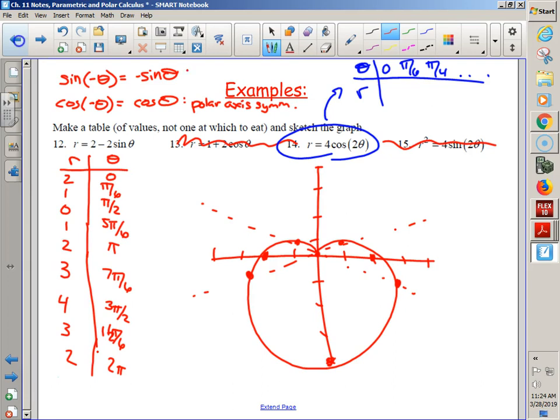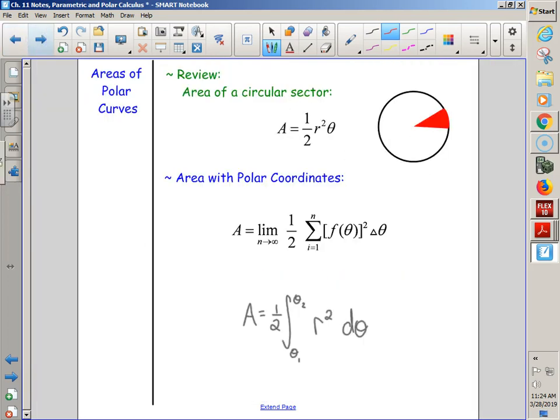Whereas sine is going to have the other one. It's going to have pi over 2 symmetry. Do you guys see the sine copying on either side of the pi over 2, 3 pi over 2 line? If it was a cosine, guess where this would be? Since cosine is the same, positive or negative, it's going to have symmetry going this way, whereas sine has symmetry going that way. Those are good things to know, good tricks to graphing,